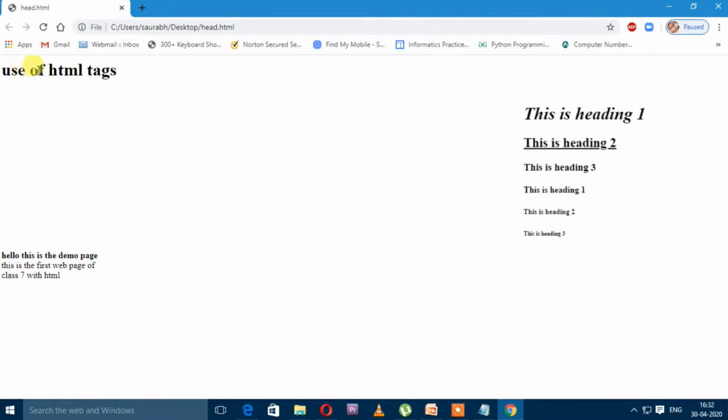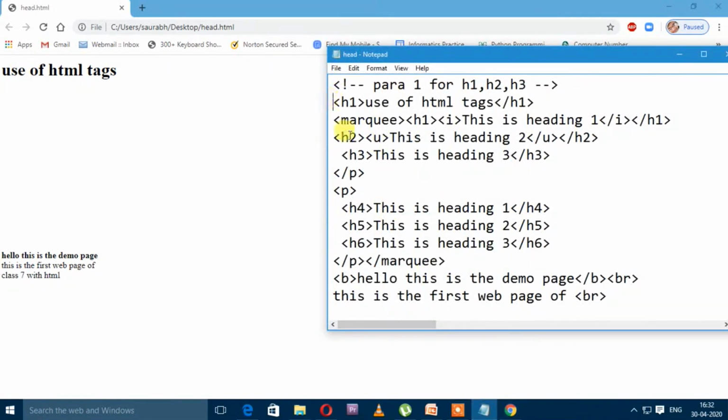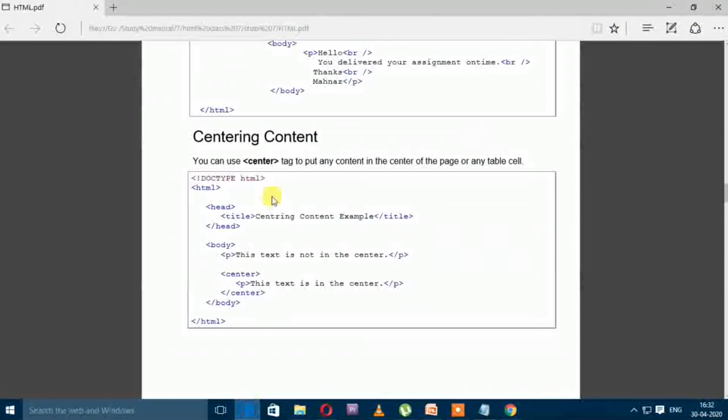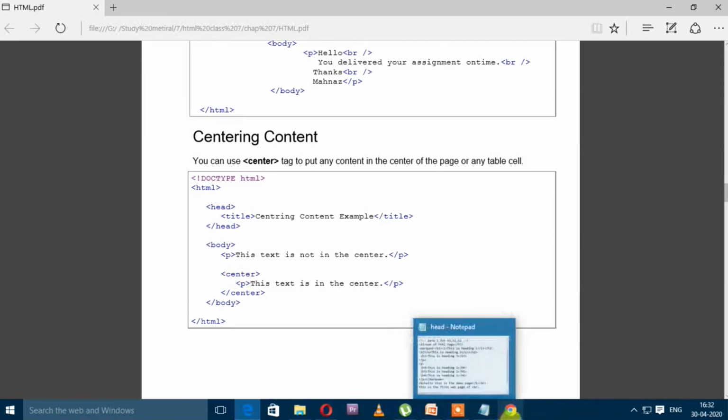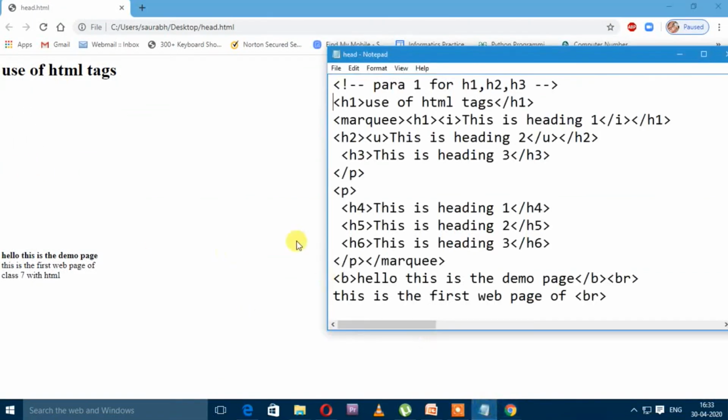So now what we will do? We will put it inside the center tag. Look at here, the center tag, C-E-N-T-E-R, center is a tag. It is again a type of container tag. So we will put it inside the center tag open. After the h1 center tag closed.